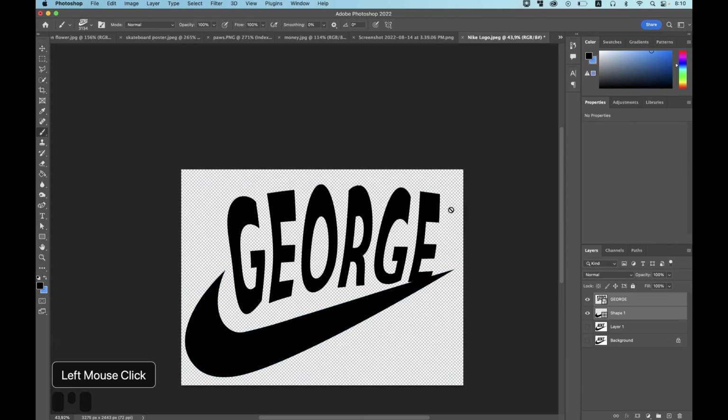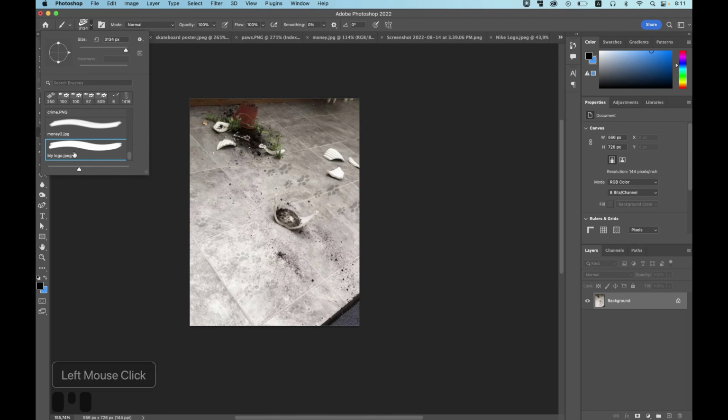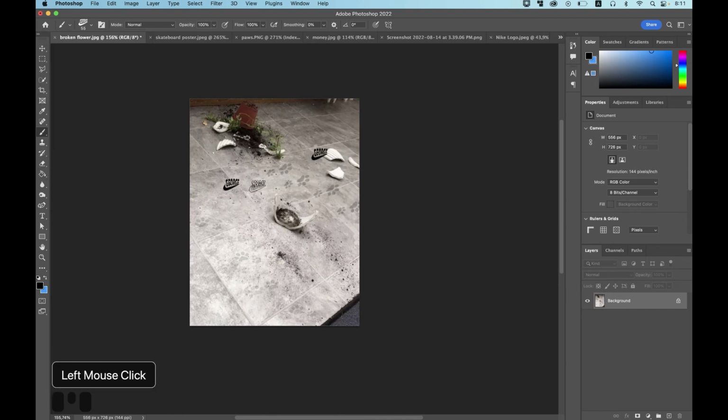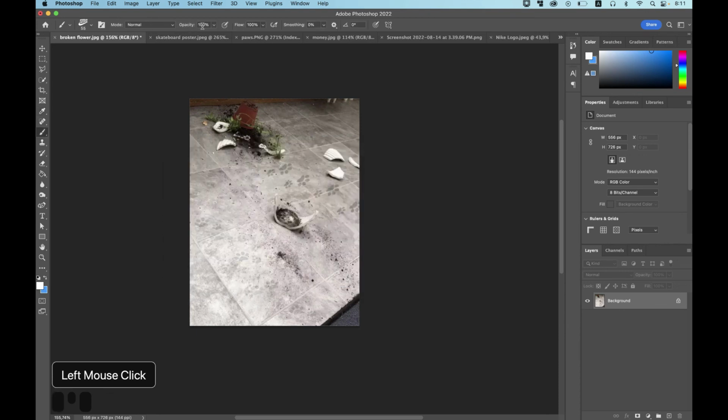And hit OK. And after that, for instance, on this picture, let's just undo the last action on this picture. And I select the brush tool and my logo. And change the size of the logo. And here we go. I need a white one. Okay, change the color. The white one, and change the opacity. And change the size.